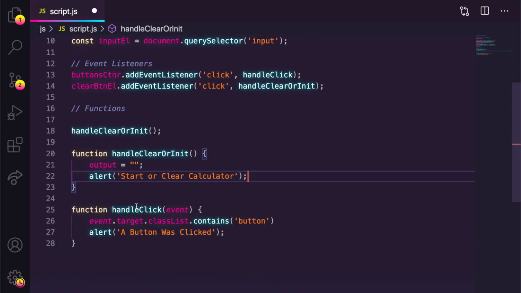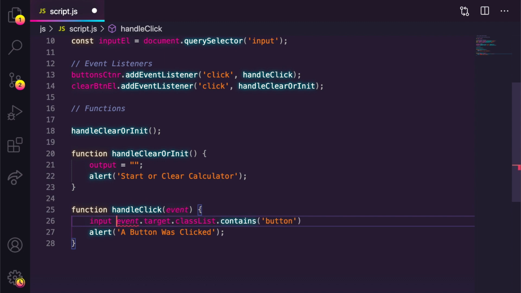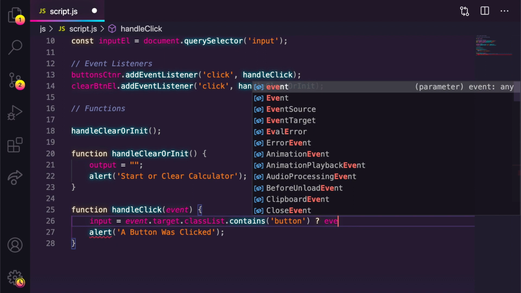However, whenever someone clicks on this button, what I'm going to do is reassign it to the result of, now watch what I'm going to do here. I'm going to assign it to this expression. Now I know this is a Boolean, but I'm actually going to use this to our advantage to create a ternary expression. So we're going to say, okay, is this expression truthy? Okay, let's add our ternary operator right here. If it is, okay, if that class list does contain the button class, we're going to assign input to